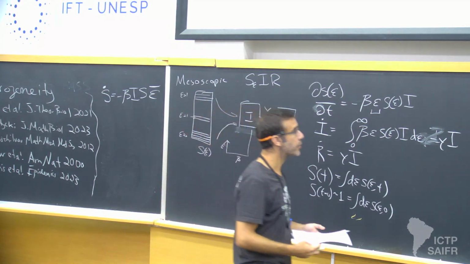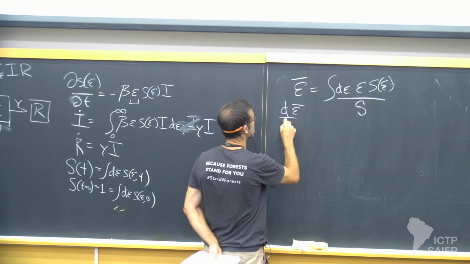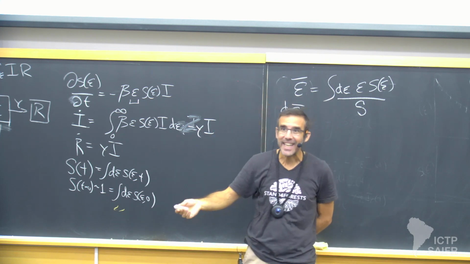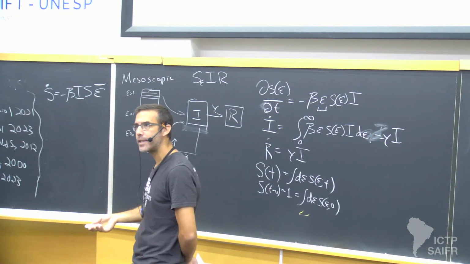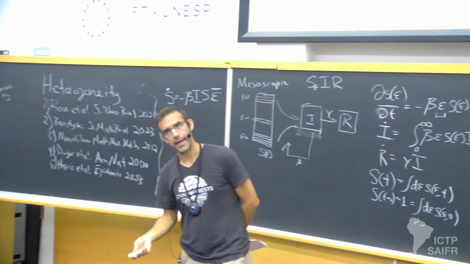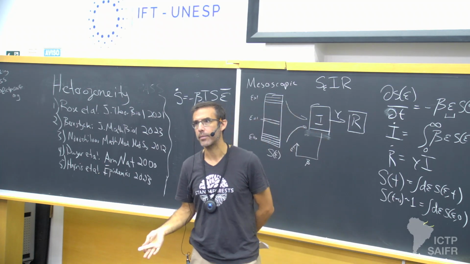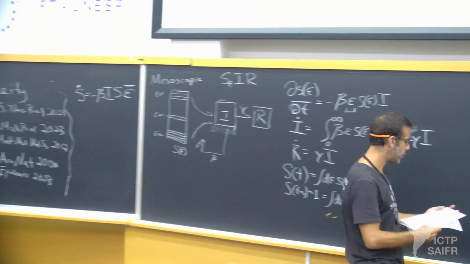So now I want to take a derivative of this, and I have f divided by g. So if I want to take a time derivative, I'll have to take df dt times g minus f times dg dt, divided by g squared. Okay? So that's all I'm going to do now.